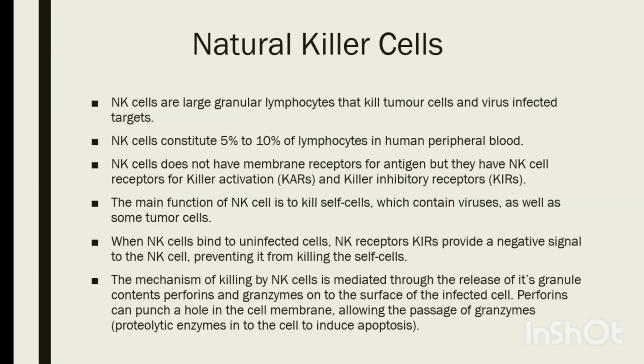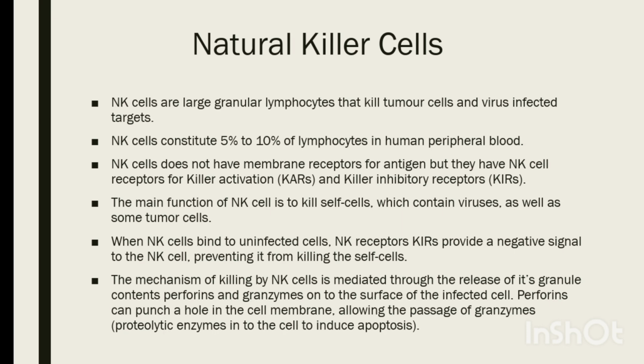Natural killer cells. NK cells are large granular lymphocytes that kill tumor cells and virus-infected targets. NK cells constitute 5 to 10% of lymphocytes in human peripheral blood. NK cells do not have membrane receptors for antigen, but they have NK cell receptors for killer activation, KARs, and killer inhibitory receptors, KIRs. The main function of NK cell is to kill self cells which contain viruses as well